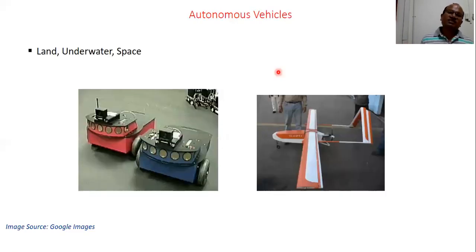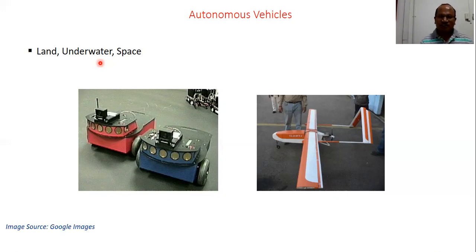Next is autonomous vehicles. A vehicle is driving automatically. As I told you, this may be used for land, underwater, space. You have a space mission where you just send one robot, right? That robot is launched, sent to the mission, a device, and it is navigating and driving by its own. And you can control it from your ground, and you can just navigate. So autonomous vehicles, driverless car. That is the best example of today's autonomous vehicle. A driverless car takes you to the destination you choose.